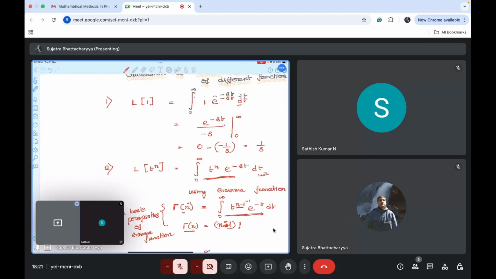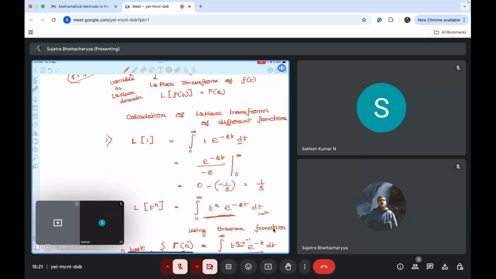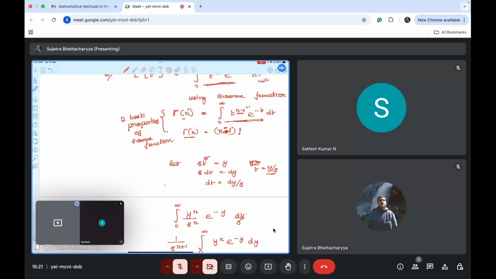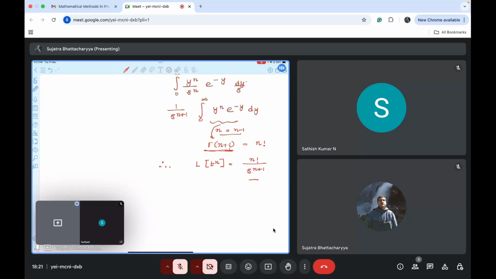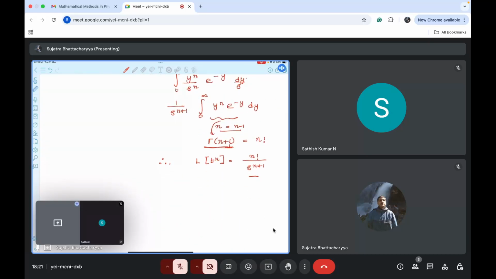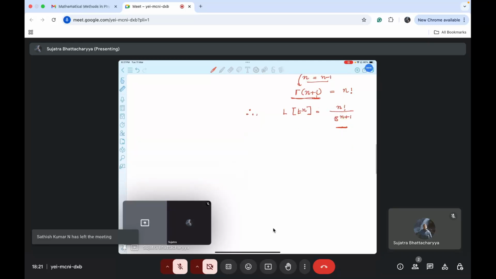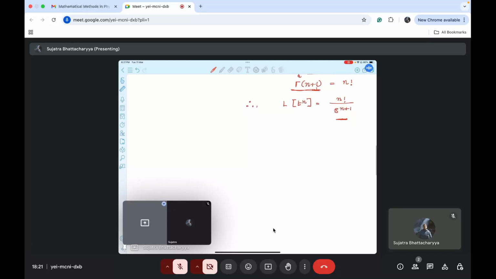So we have seen the Laplace transform of 1, which is 1 by s. For t to the power n, using the gamma function, we have tried to substitute this particular integral, and we found out that the Laplace transform of t to the power n is n factorial upon s to the power n plus 1. Fine. Next is the third part,